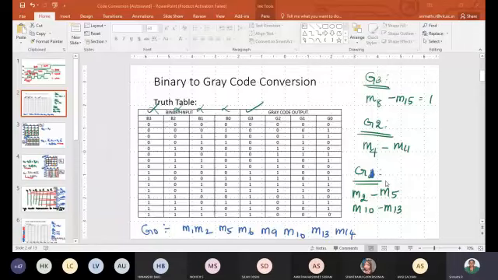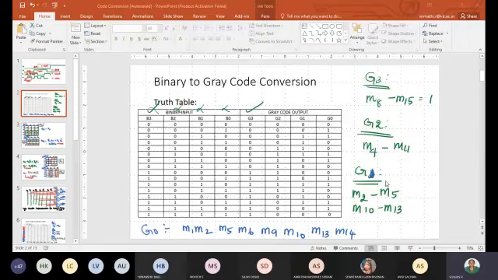So code conversion is nothing but converting one code to another code. Among the types of codes, namely weighted and non-weighted codes, people have come up with many codes to safeguard your data. These codes we have seen in unit number 1. Some examples of weighted codes are the normal decimal number code, the binary code, and the XS3 code, and you may even have non-weighted codes like gray code.